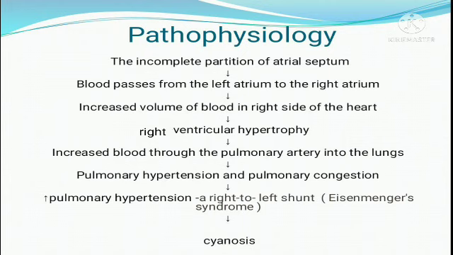Okay, that reverse shunt, if it occurs, what happens? From the right side, blood moves to the left side. What kind of blood? Deoxygenated blood. So what kind of blood reaches the systemic circulation? Mixed blood is reaching the systemic circulation. So the baby is suffering from here. Complication comes, the baby is suffering from oxygen deficiency.